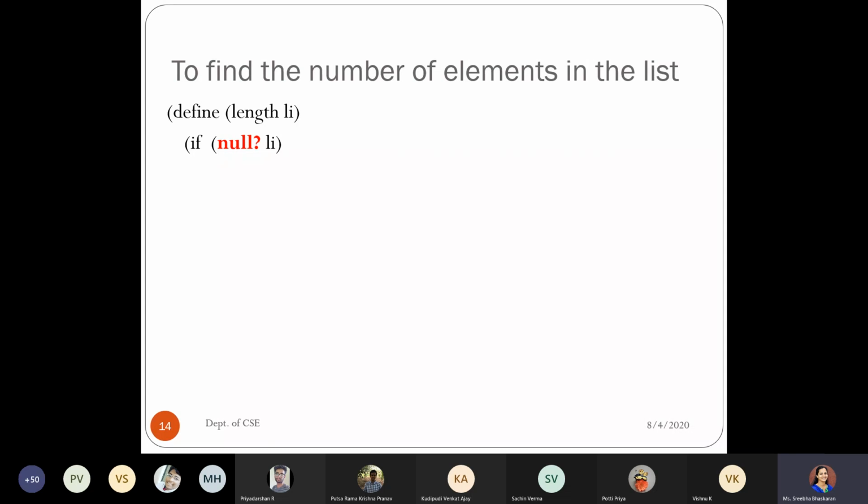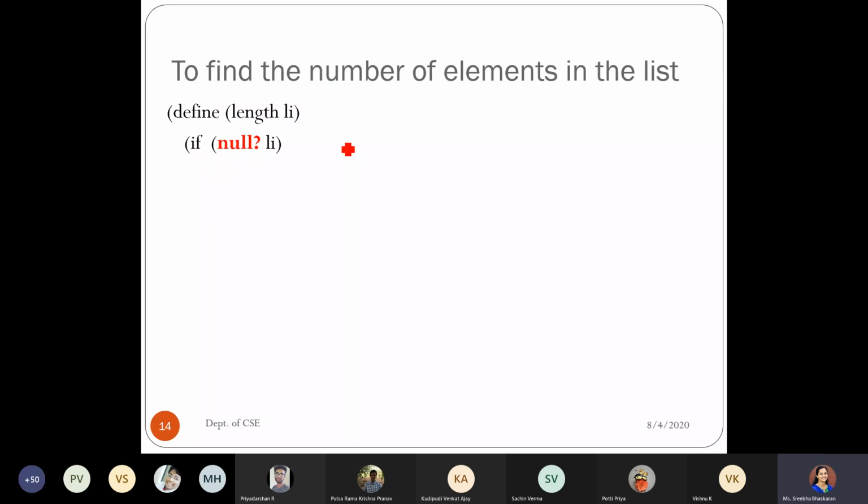Here we require only one single argument, which is li. Whenever we are calling length, we are just expecting the list to be passed. So what should be the stopping condition? The stopping condition should be null, which is a primitive procedure.